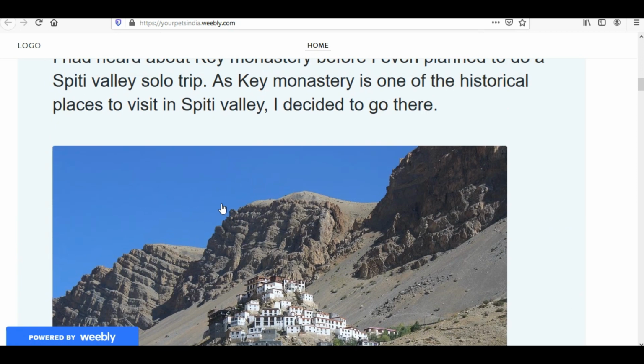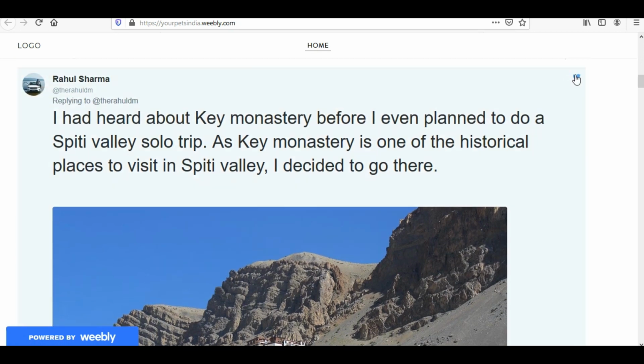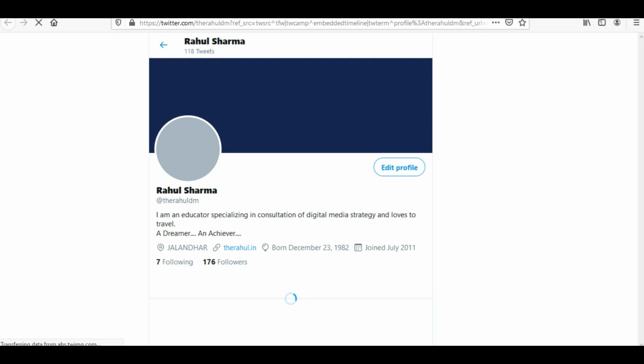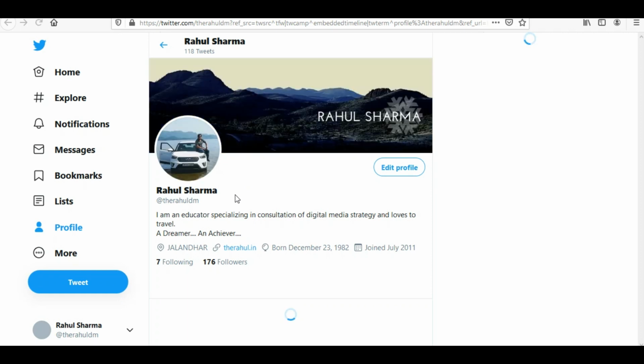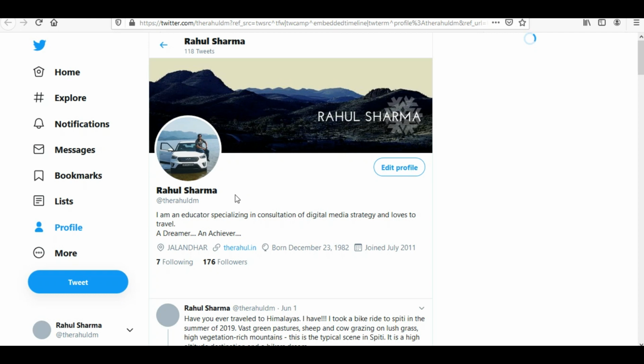Now if somebody wants to interact with you, they can simply click on this tweet, and they would go to Twitter, and they can react to the tweet in the form of retweets or something. As I have clicked on this tweet and my account was already open, it has brought me back to my Twitter account where this tweet was posted.